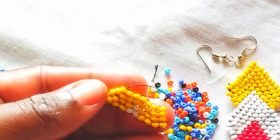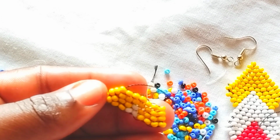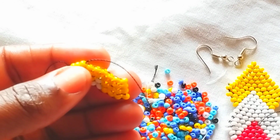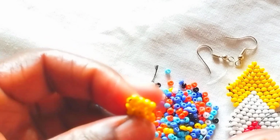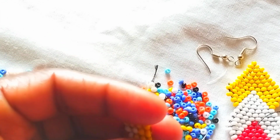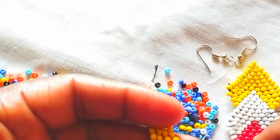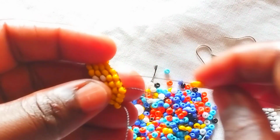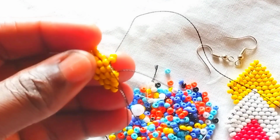So we are done with the 1, 2, 3, 4 rows. We are going to the 5th row. So we are going to pick 2. Ensure you turn your earring like that, and then you have to skip 1 loop, go to the next loop, skip this loop, go to the next loop, pull,